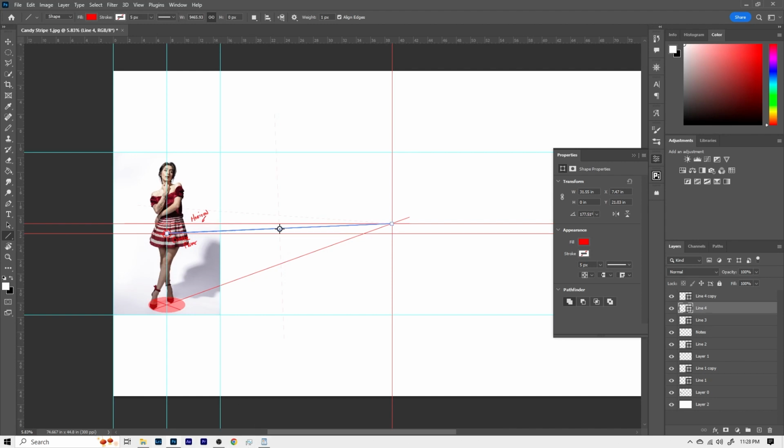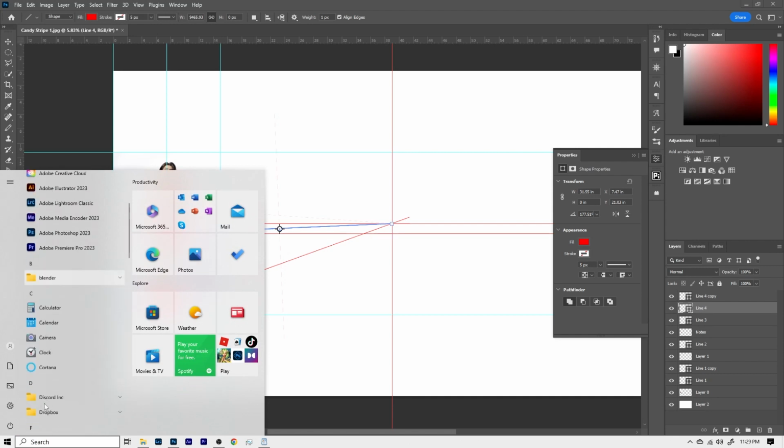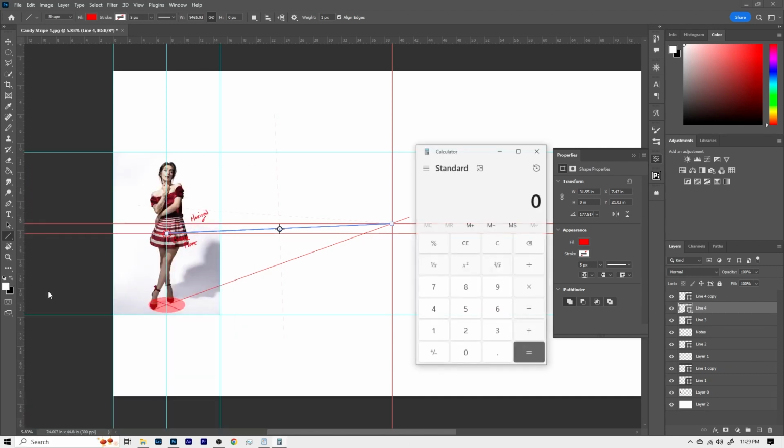So let's pull up our calculator, because I don't want to do any math in my head, and I want you to understand how this got to the point that it's at. So we have 177.51 degrees, and we know that 180 degrees is flat. So let's take 180 minus 177.51.